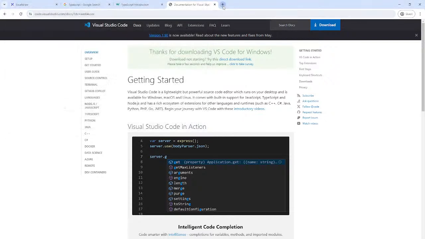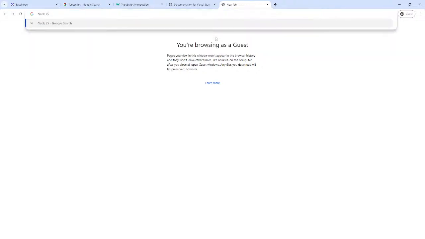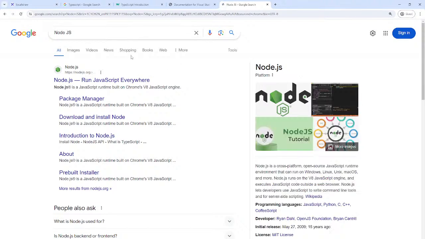The next thing we need is pretty simple, and I think most of the viewers would have it already. The second thing we need is Node.js. It is the engine on which our code is going to run.